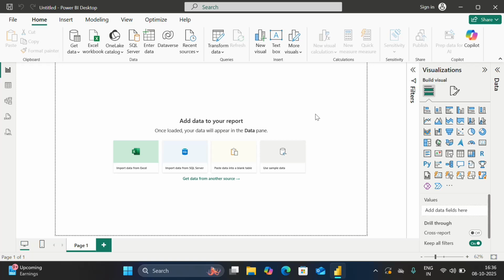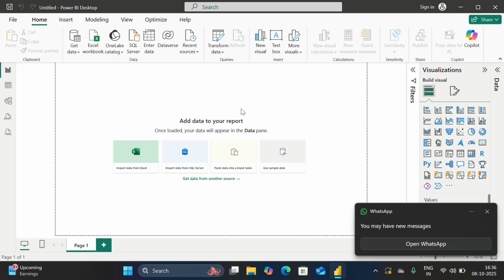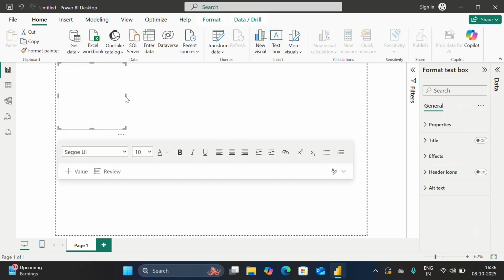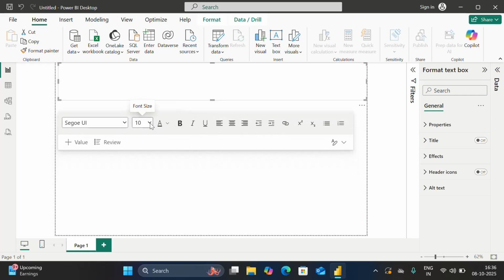In today's session, we are going to discuss how to create a hyperlink in Power BI. I already showed you how to create a hyperlink in Excel, and you can do the same in Power BI as well. It's a very simple example. Same as before, we take a text box here, extend it. After that, we have to mention the heading